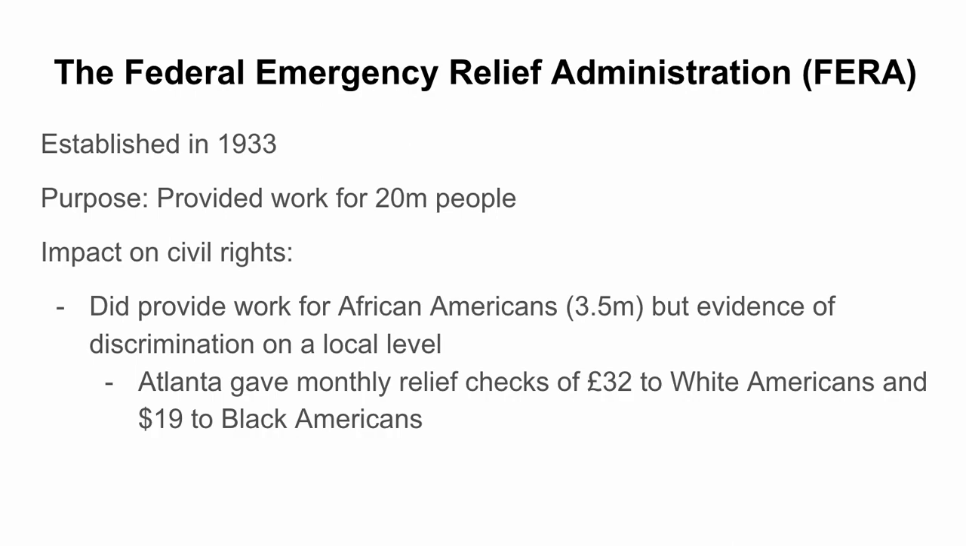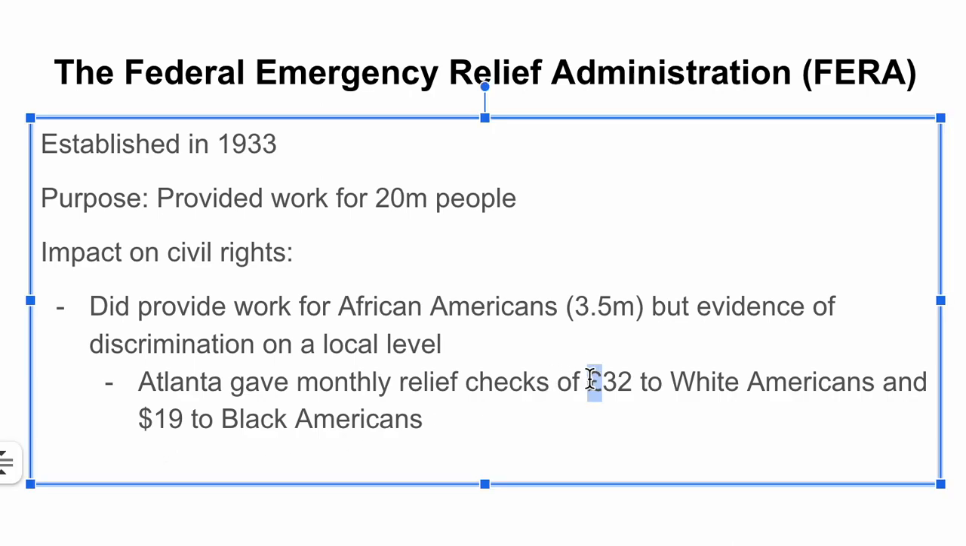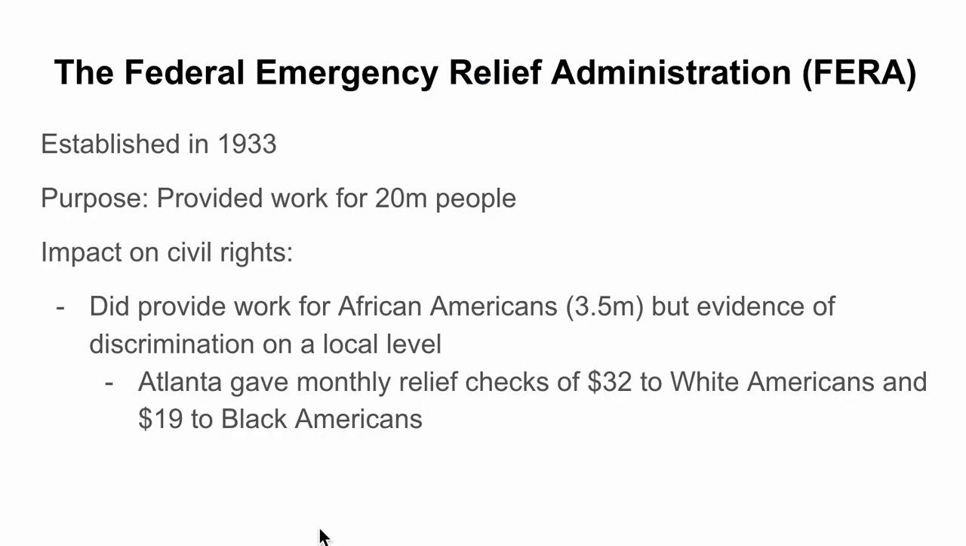FERA, the Federal Emergency Relief Administration, again established in 1933, provided work for 20 million people. So it did provide work for African Americans. 3.5 million African Americans worked for the FERA, but there's evidence of discrimination on a local level. For example, in Atlanta, monthly relief checks were $32 to white Americans, compared to $19 for Black Americans. So showing again that local level discrimination and inequality, which is obviously a theme for a lot of